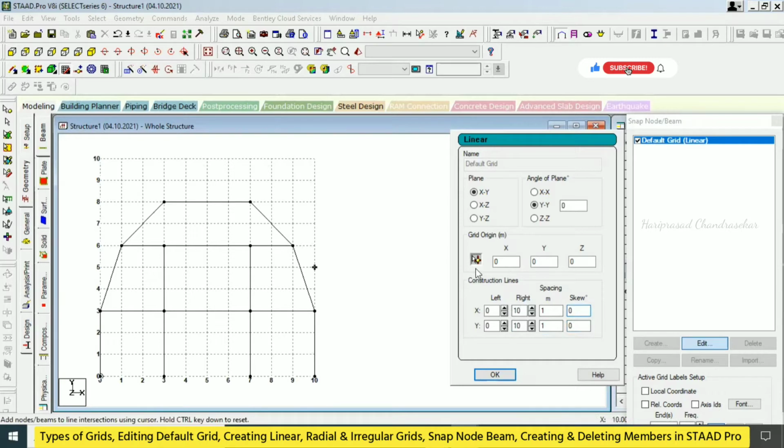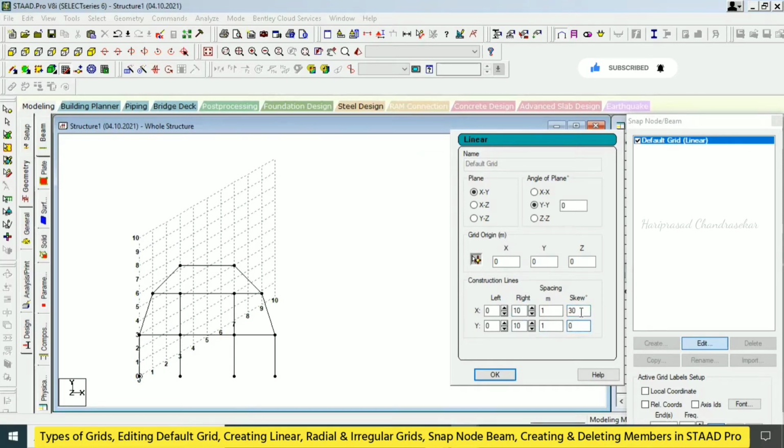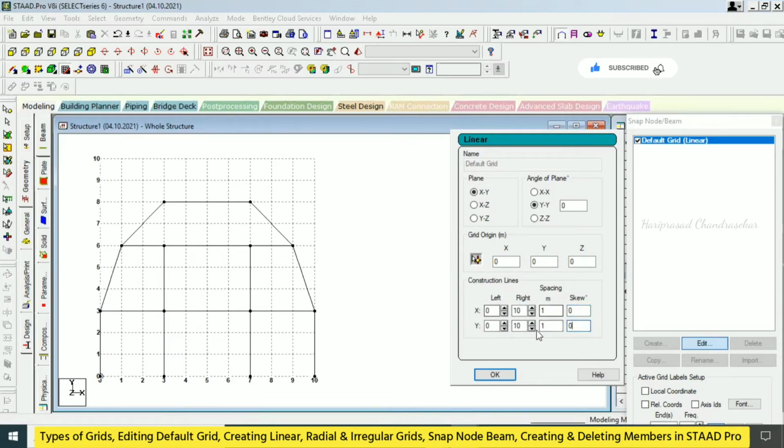Without skew, it is like this. Okay. Skew and which degree you want. For skew, I'm putting 30 degrees. See, it is tilting the plane accordingly. Then if you want to draw something, you can draw in that. Later you can make it 0 and then continue with it. Okay.